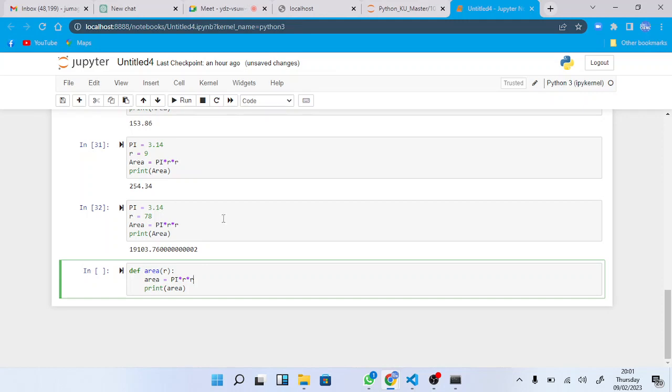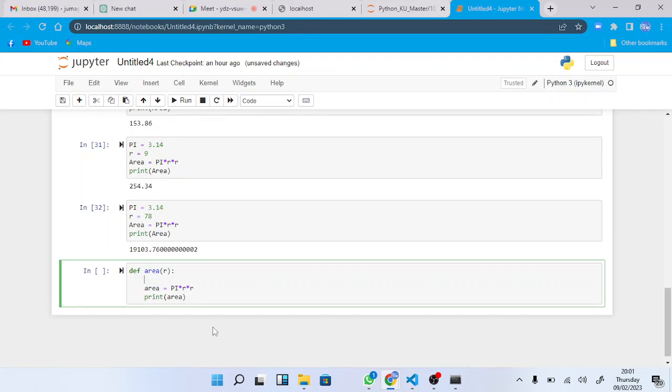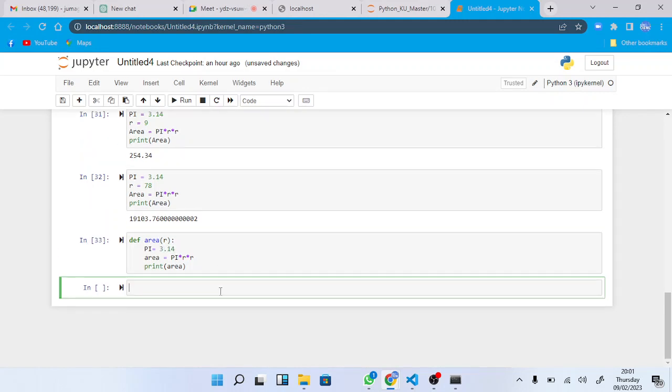So what I do, I'll just pass my r, and then inside the function, I'll define what is to be done. In this case, I've defined the area, given the formula of the area, and then I'll put the area. Then here you can just add the pi. You can even use the one we have defined above, it still works. Pi is the same as 3.14. Then if you press that one, your function runs